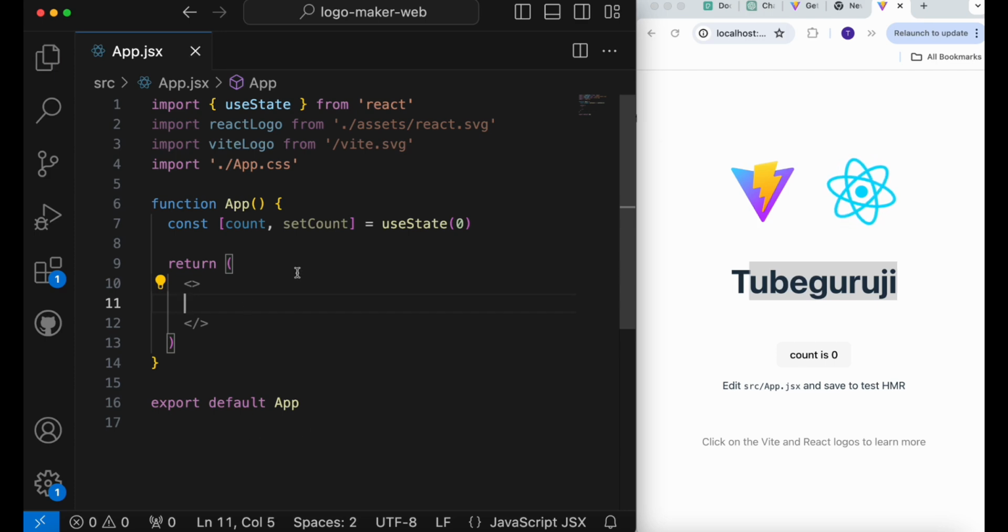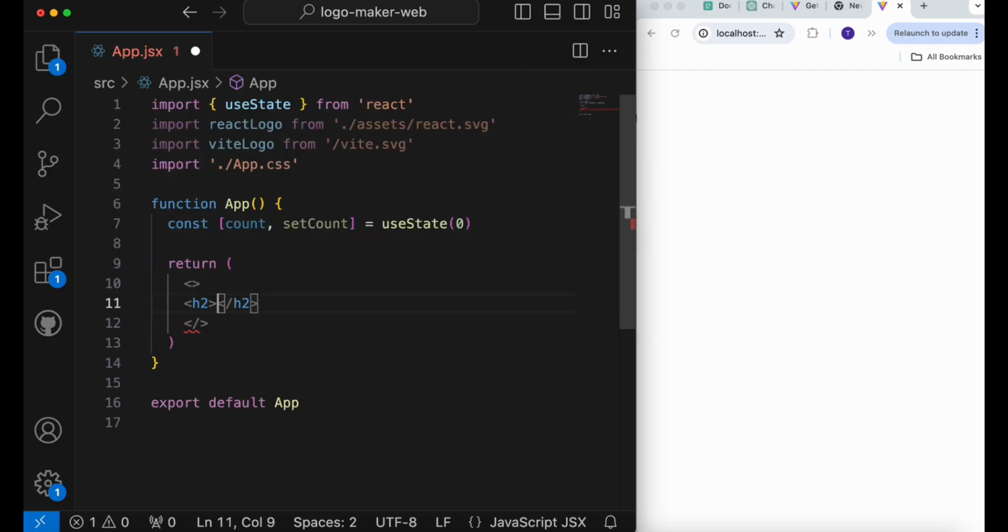Now I clean all of this code and save it, and I will just put an h2 tag, and here we'll say subscribe to Tube